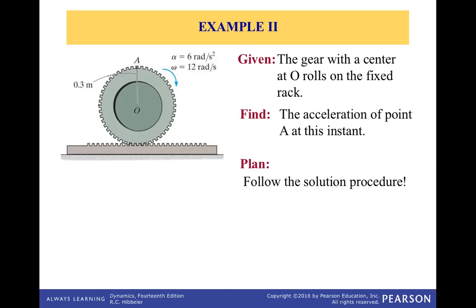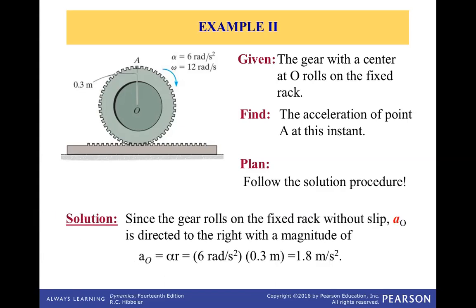Again, we'll be following the solution procedures. So first, of course, you want to set up the x and y coordinates. If not specified, then usually we take to the right to be x positive and upward to be y positive. So it says the gear rolls on the fixed rack without slip. Then